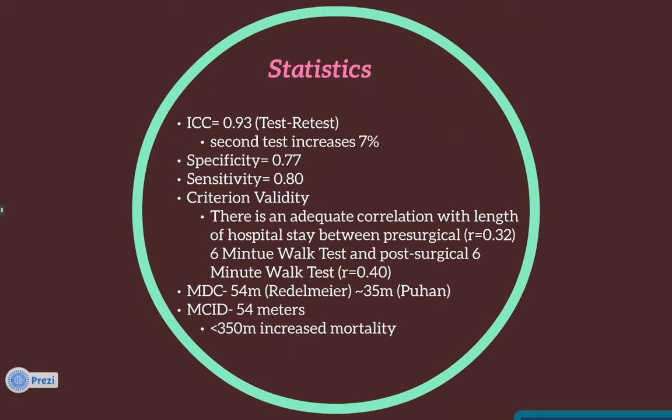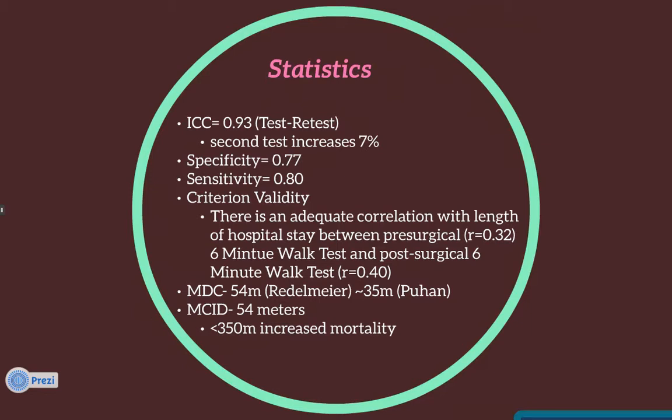In examining the rigor of the 6-minute walk test in those with COPD, we found the ICC, determined by a test-retest method, to be 0.93, with a 7% increase between tests, suggesting that a learning effect may be present. The specificity of the test was 0.77 with a sensitivity of 0.08. Criterion validity showed that there is an adequate correlation with length of hospital stay between pre-surgical 6-minute walk test and